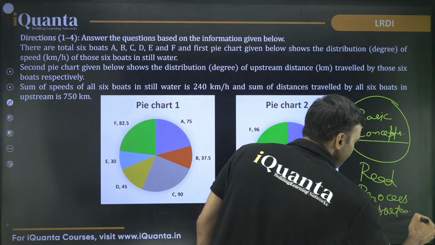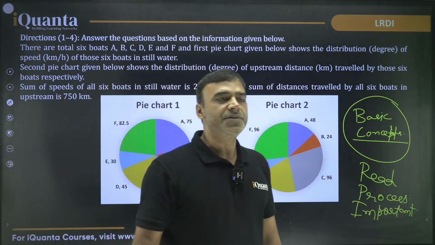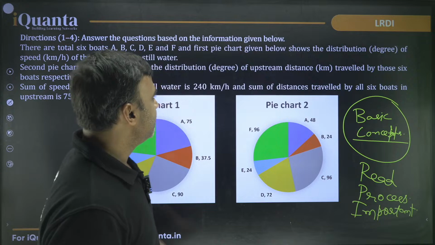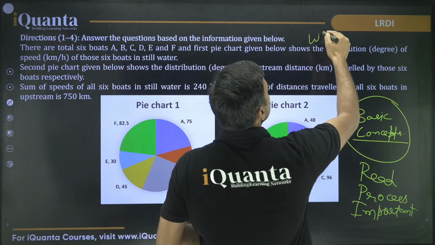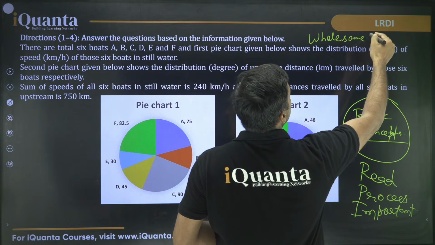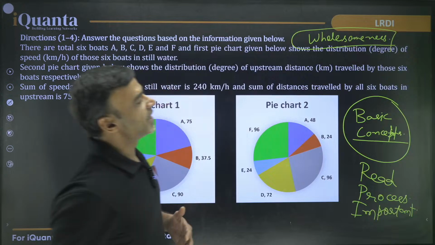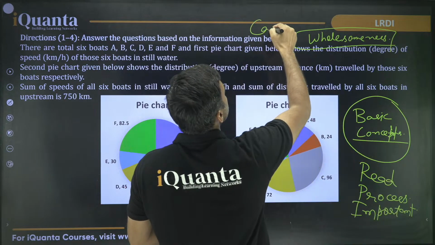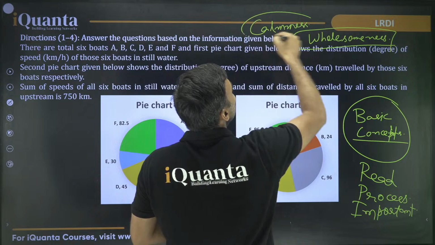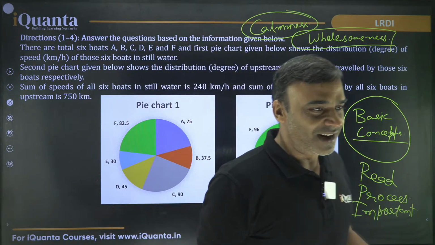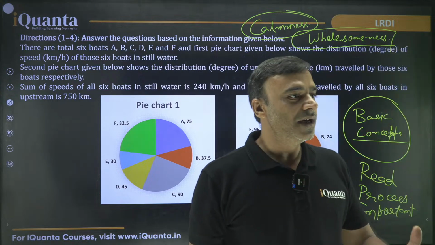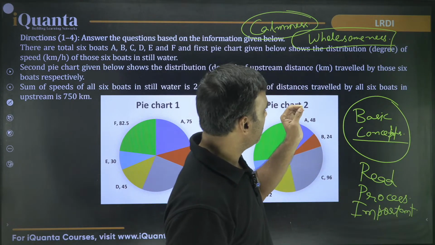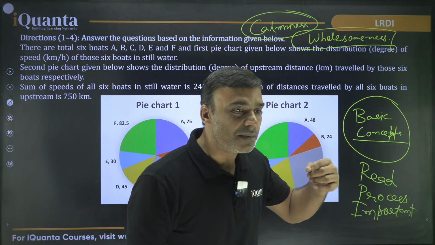You have to understand that in data interpretation there is no formula as such. Whatever formulas you have studied in maths and quantitative ability, the same things are going to be used here as well. The wholesomeness, the completeness of the process is important. Just by being hasty and rushing, you won't be able to perform well in DILR. There is a lot of patience and calmness required, calmness during the chaos. When you are surrounded by a lot of noisy things, stay calm inside, read the question, keep the basic things in mind, underline them, and keep them in your head and recall them in between, and so on.